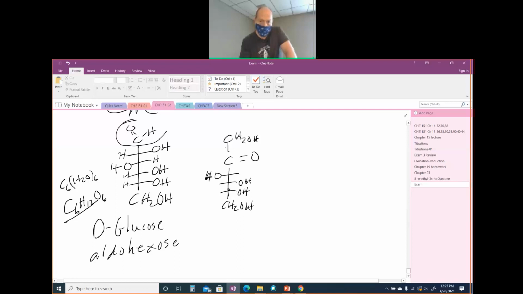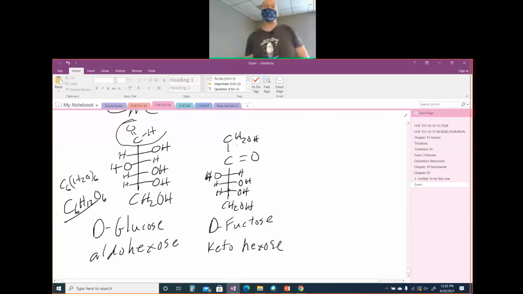All right, and so the remaining 3 chiral carbons have the exact same configuration as the bottom 3 for D-glucose. All right, so this is D-fructose. And this has a ketone group, so this is a ketone. And again, it's still 6, so it's still a hexose. So this is a ketose because now you have a ketone group, and it is a hexose because there are 6